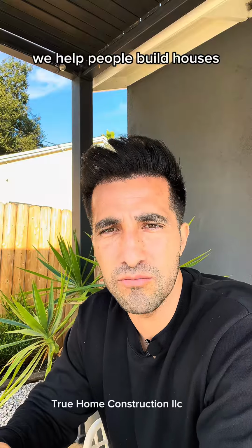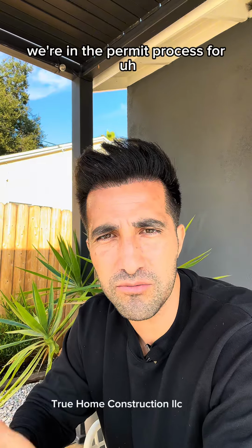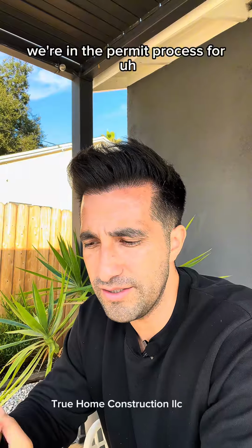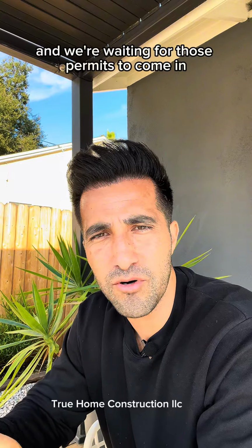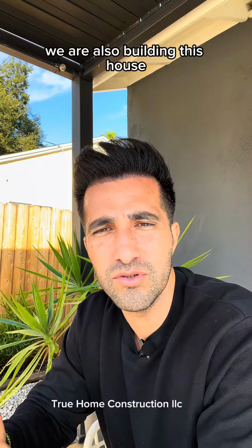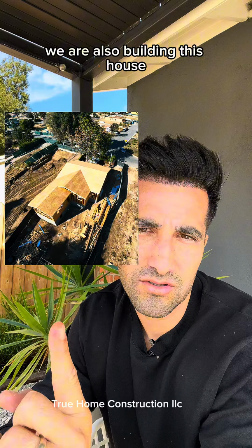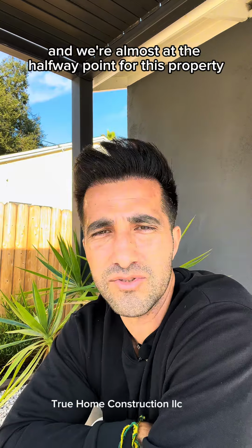We help people build houses. Right now we're helping several families in Altadena. We're in the permit process for 3 to 4 properties right now, and we're waiting for those permits to come in to start building those properties. We are also building this house you see here on Marathon Street in Altadena, and we're almost at the halfway